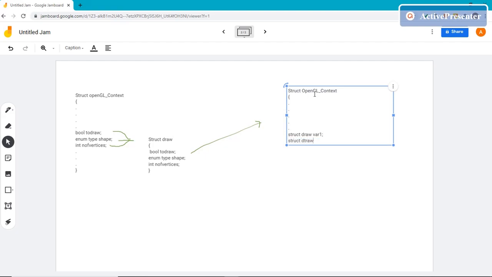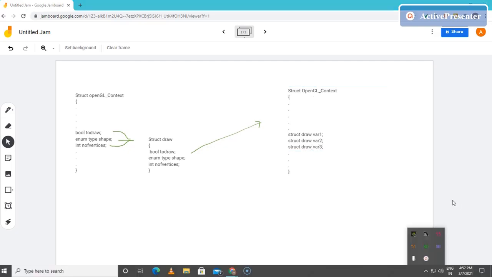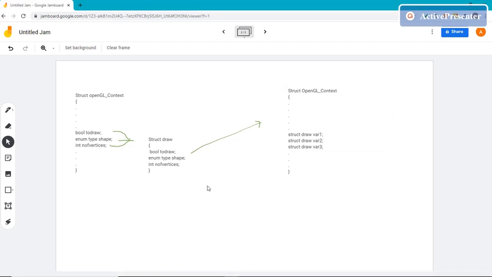Struct draw variable 2. Struct draw variable 3. Well, I have created three variables of this draw structure. So actually I can now assign this variable 1 to draw a point by changing some values in that structure.